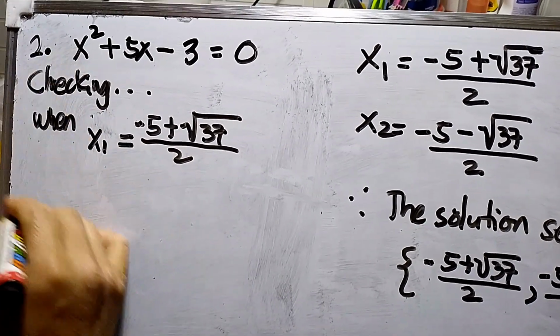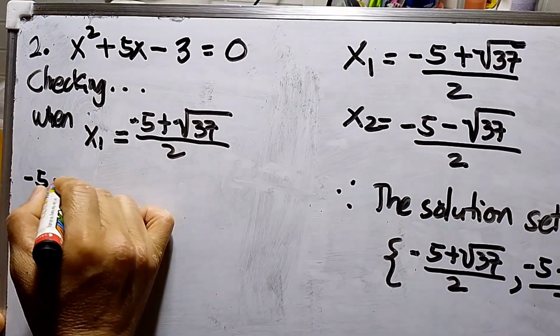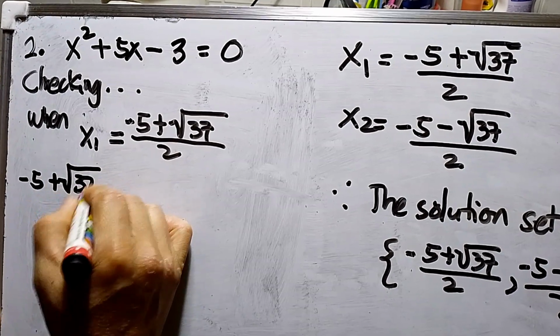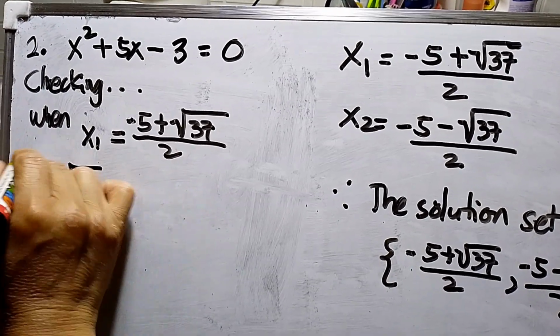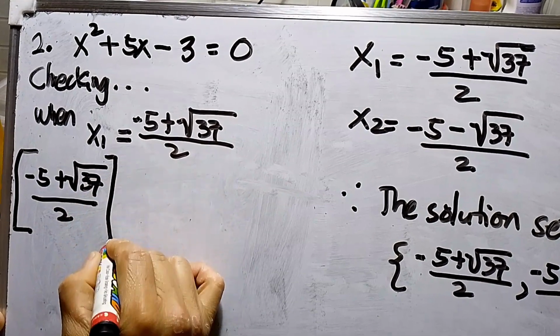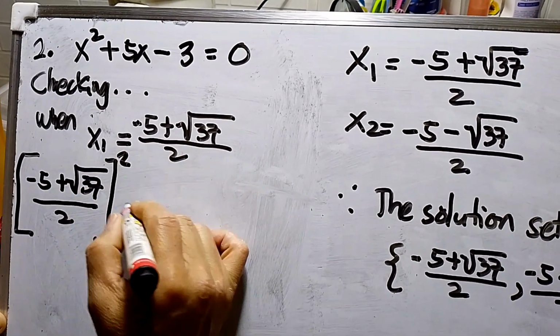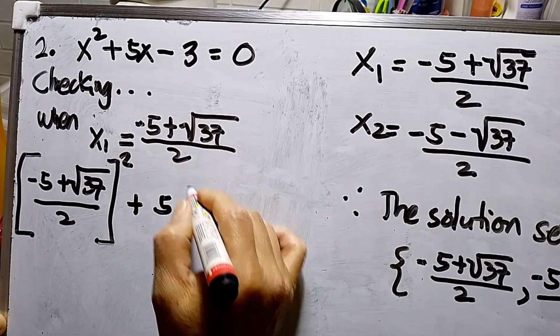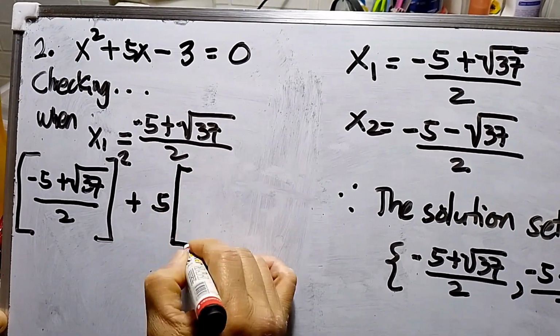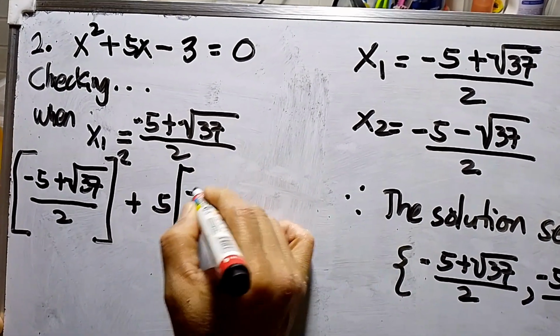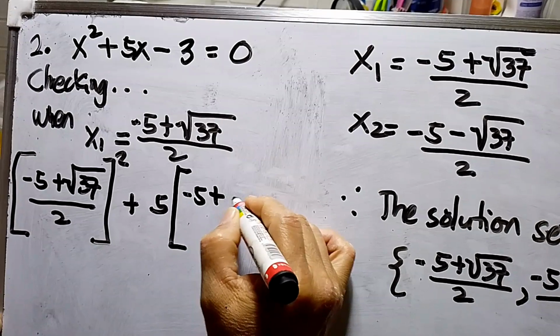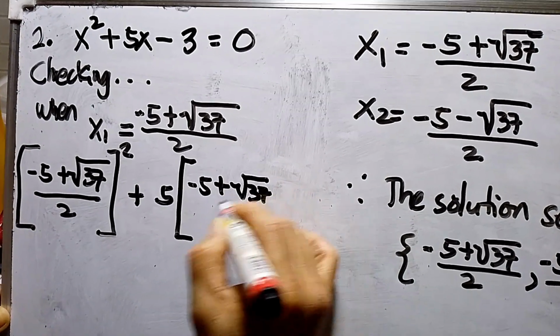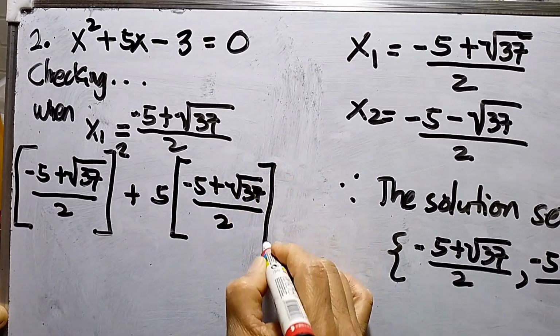Since this is x squared, so this will be negative 5 plus square root of 37 over 2. So I use square brackets. Squared. Then plus 5 times negative 5 plus square root of 37 over 2. Minus 3